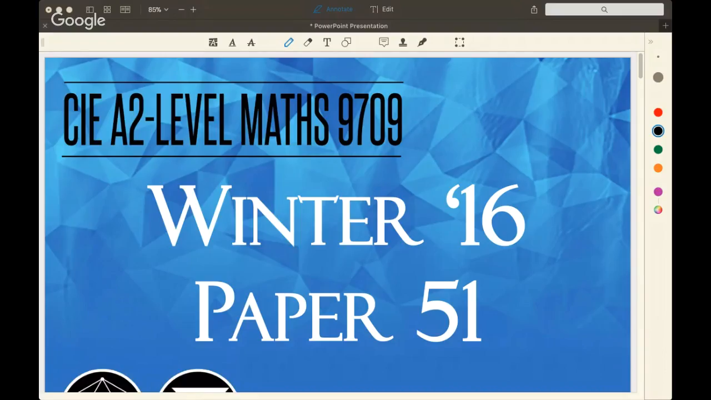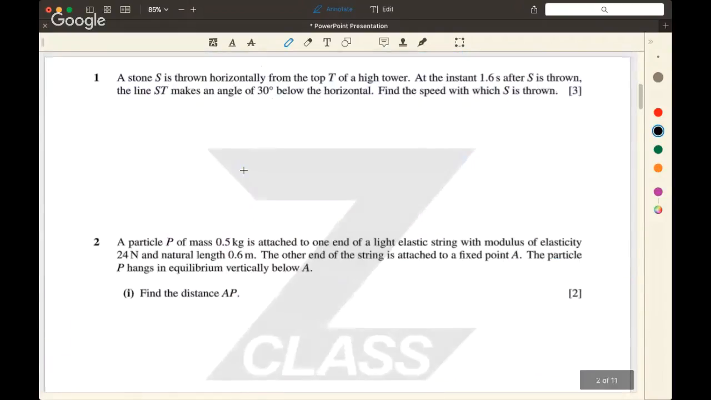Hey guys, today we're doing an A2 mechanics paper. The first question, we are throwing a stone from the top of a high tower. So it's going to be classic motion under the influence of a gravitational field. There it goes. So they're looking for when this thing is at a point where it makes this angle of